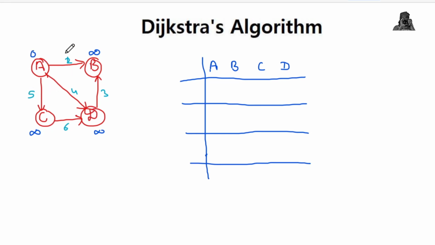vertex, which is A. In this diagram it is clear we have applied the first two steps of Dijkstra's algorithm, which is we have set the source distance as 0 and the rest of the other distances as infinity. Now we will take the help of this table because at the end this will be helpful for us to find also the path. Different paths will be there.